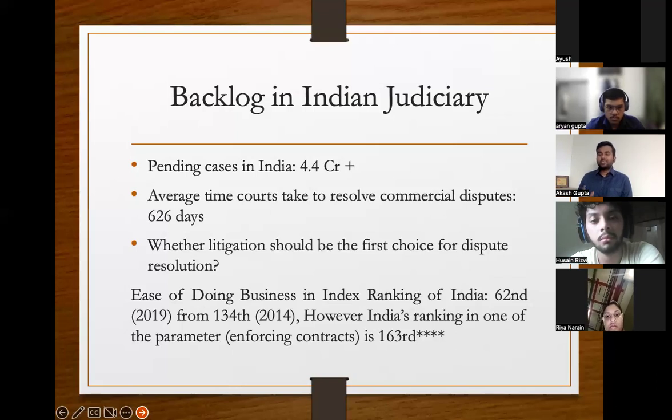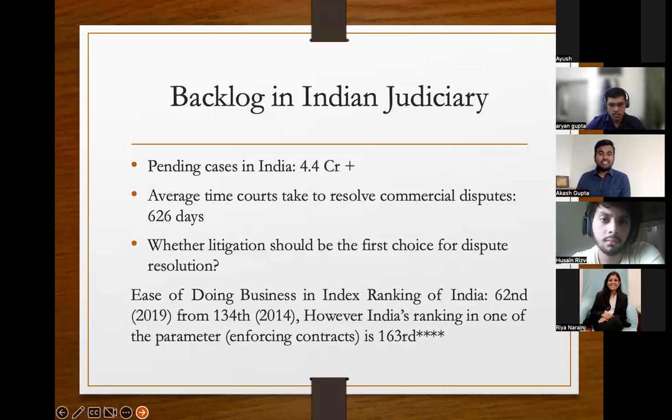But one of the parameters of the ease of doing business index is enforcing contracts. Enforcing contracts basically comes down to dispute resolution. Let's say if one of the parties does not perform the contract, then you enforce the contract by forcing them to perform it. In that particular dispute resolution criterion, India's rank in 2019 was 163rd.